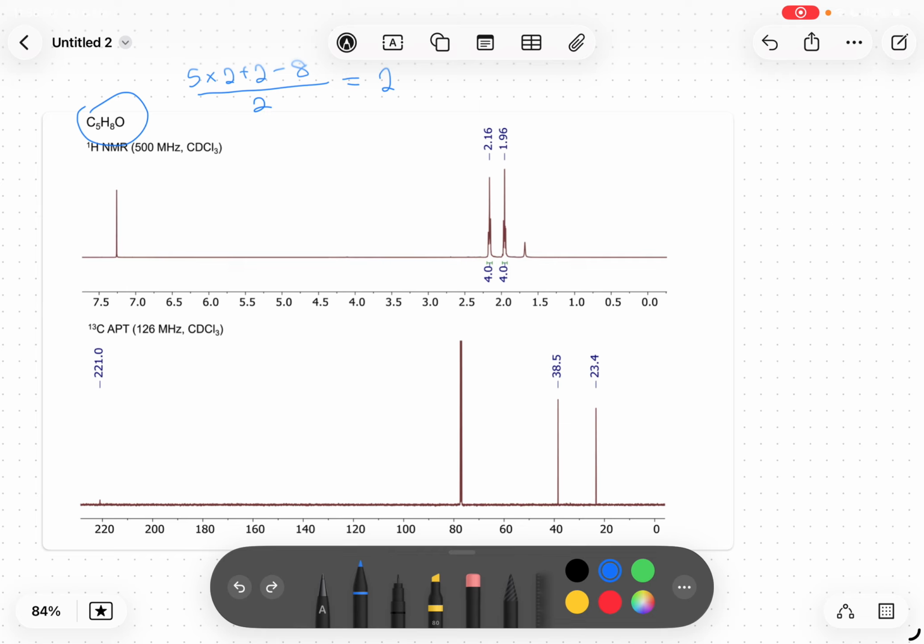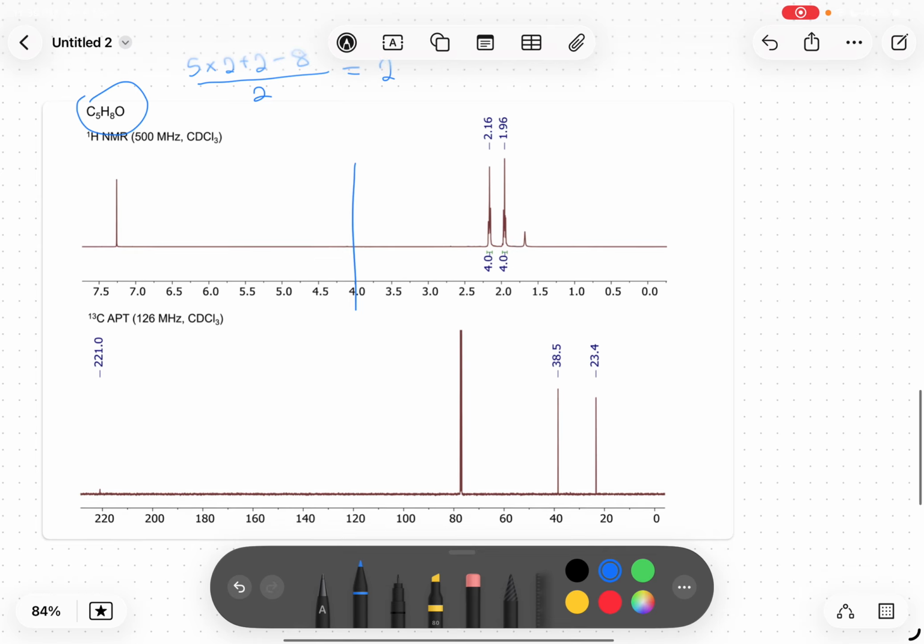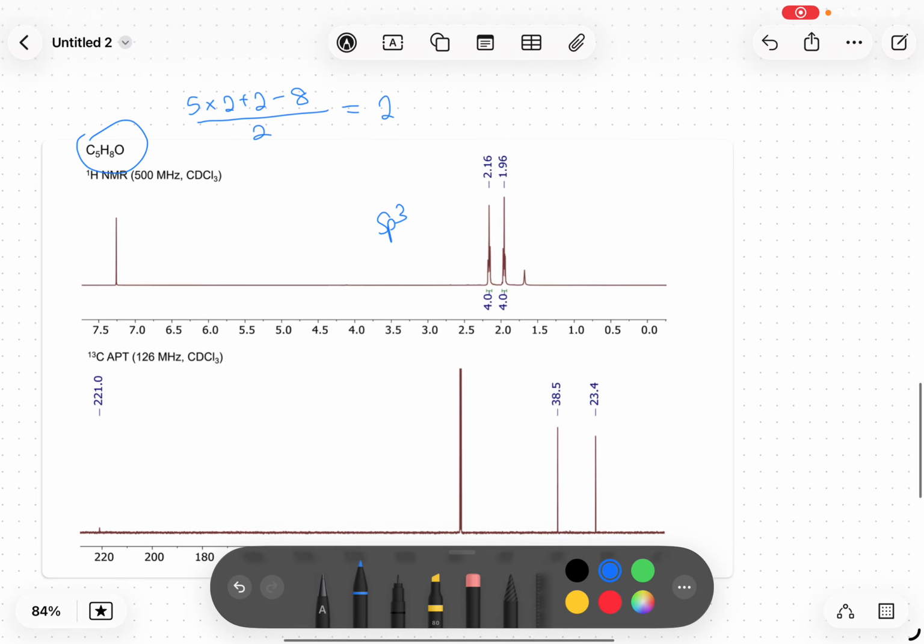So yeah, we see that both are below 4 ppm. So we know they are the hydrogens of sp3 carbons. So we know that there isn't going to be a CC double bond that has hydrogens attached to them. So we know that we are probably going to have a CO double bond and a ring, because you can't have